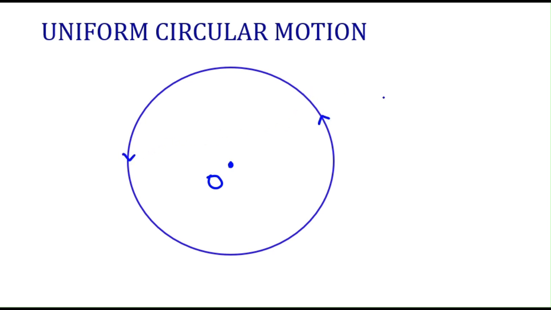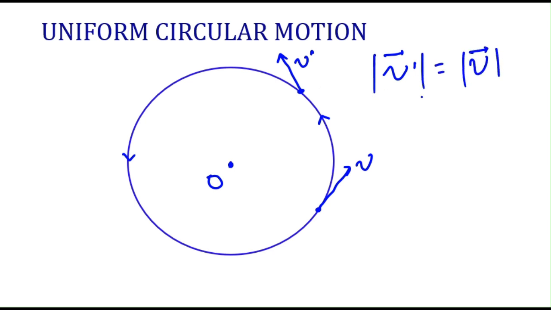If this body moves with a constant speed, be careful about that. Speed is constant, that is, the magnitude of the velocity is constant. Suppose here the body has a velocity v, and here the body has a velocity v prime. So these two velocities, or you can take any other point, have equal magnitude. So this kind of motion, circular motion, we can call uniform circular motion. Here speed is constant,